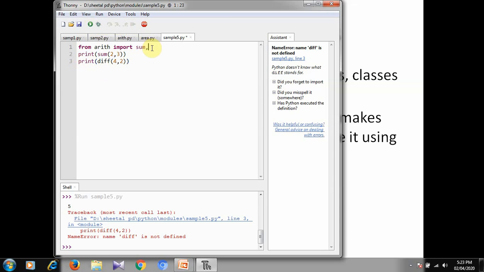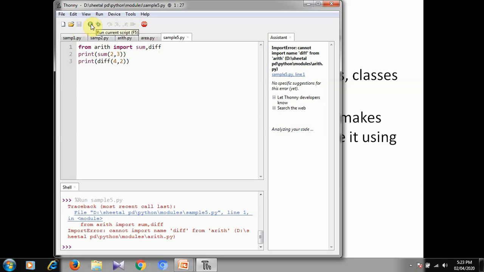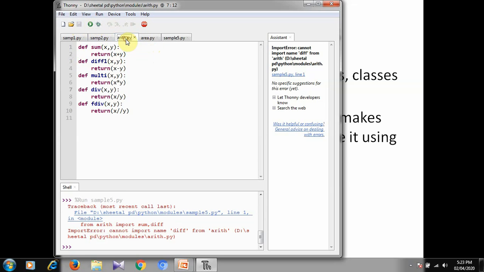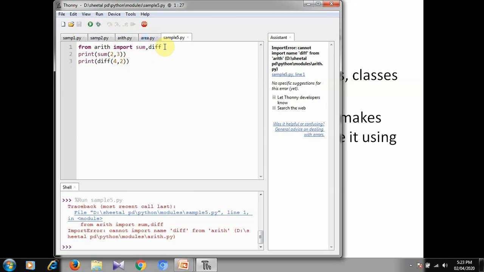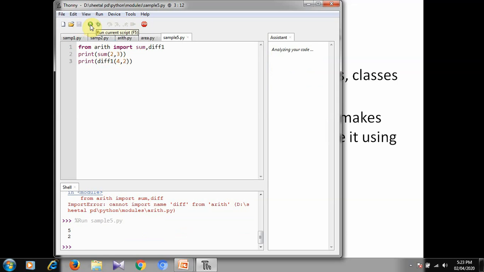So here we are required to write it, and after that execute it so that it will give us the result.